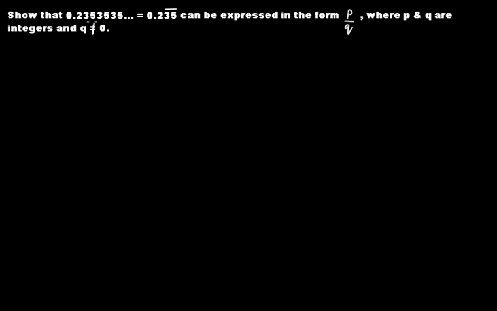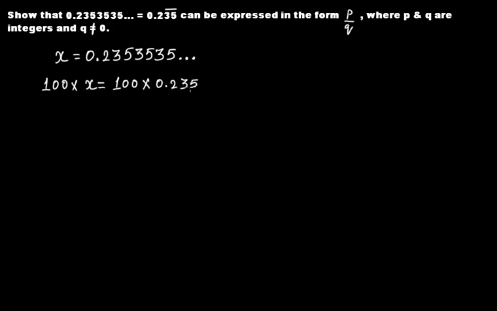Show that 0.2353535 and so on can be expressed in the form p by q, where p and q are integers and q cannot be equal to 0. Similar question. So let's assume that x is equal to 0.2353535, right? Let's multiply both the LHS and the RHS by 100. So this is 100 multiplied by x is equal to 100 multiplied by 0.2353535. Now 100x is equal to 23.5